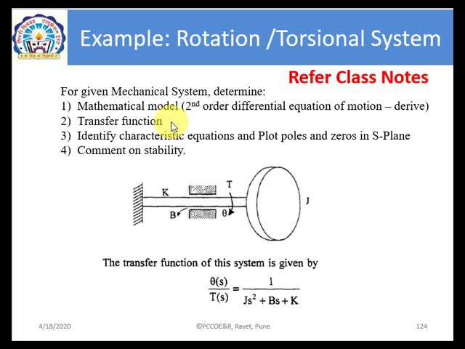But right now we are not going to locate poles and zeros in the S-plane since we don't have this value right now. So we'll restrict our discussion up to a derivation of a transfer function. The rest is very well known to you from the previous numerical. So I request all of you to just follow the steps that we learned in the last numerical. Let us discuss this numerical to get the transfer function.